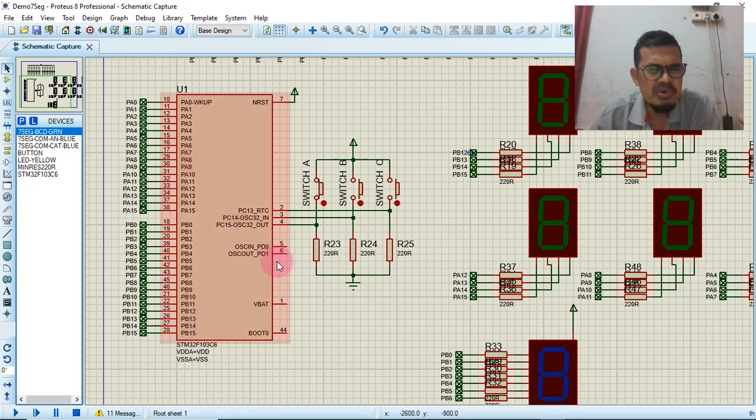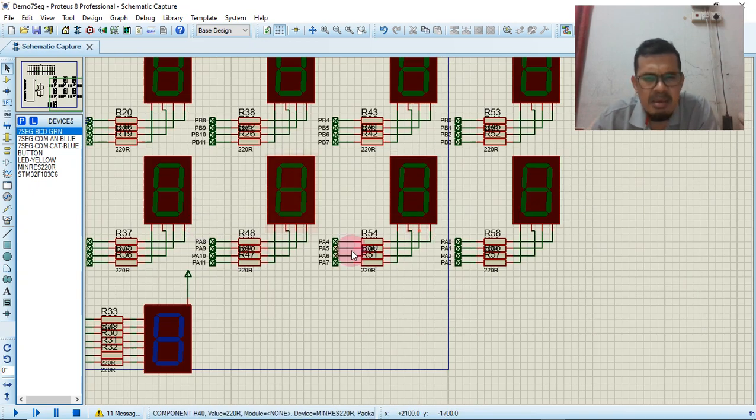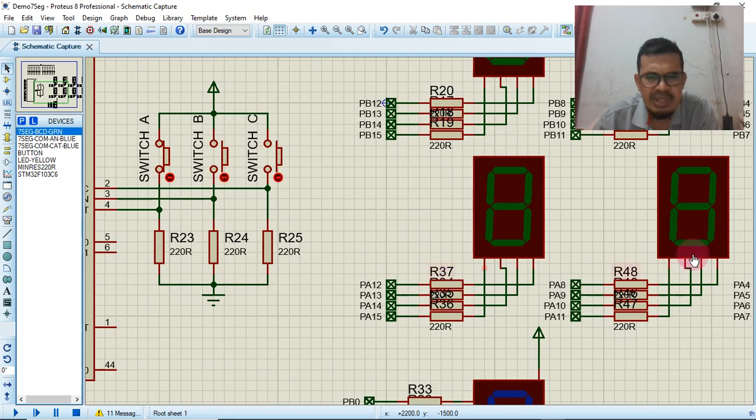This microprocessor came with three ports, port A, port B, and port C. For my circuit, I connect all of port A to 4 seven-segment displays. Port A pin number 0, 1, 2, and 3 to one seven-segment, pins 4, 5, 6, and 7 to another seven-segment, 8, 9, 10, 11 to another, and pins 12, 13, 14, and 15 to another seven-segment.